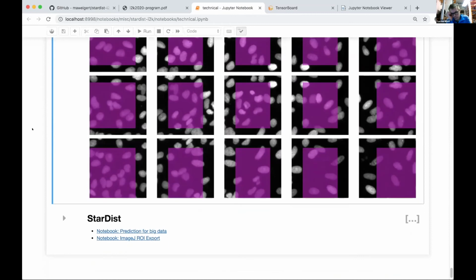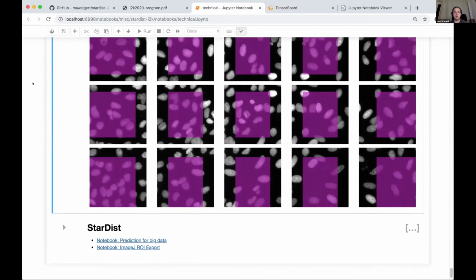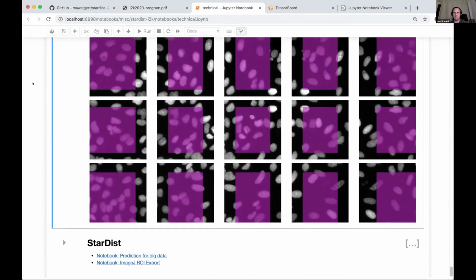Okay. And with that, I'm done with this. So are there any more questions? I know this is super brief, and this is the first time I'm presenting these more internals of CSBDeep. This is more like an overview. If anything sounds interesting to you, you can take a look,